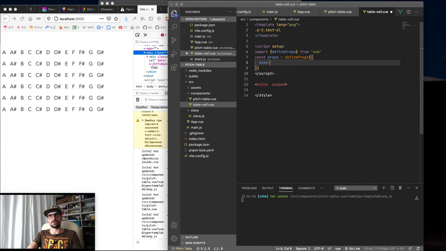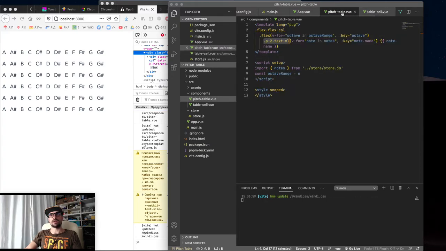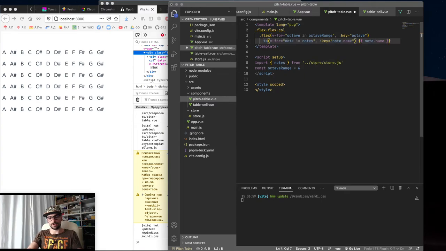The node is an object. That's it. We now have the node here to use, and what we need here is to say that we have a table cell,